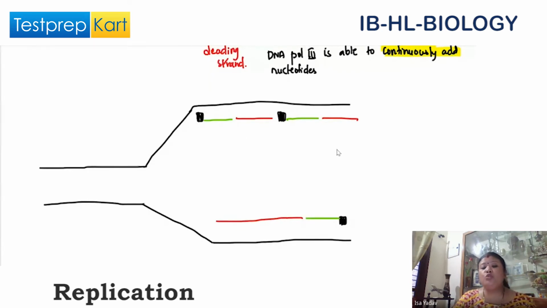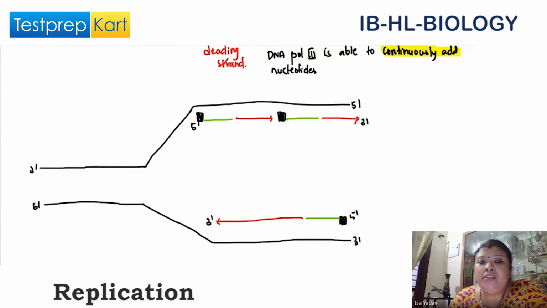Okay, now the two strands are completed, but I cannot use this DNA yet. Next, what happens? Suppose, for example, replication is continuing in this direction and in this direction. Let me give the polarity: 3 prime, 5 prime, 3 prime. So this will be 5 prime, 3 prime, 3 prime, 5 prime. Now, as the DNA is adding nucleotides, we will have another enzyme called